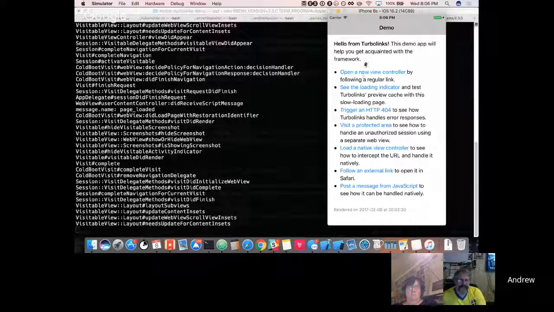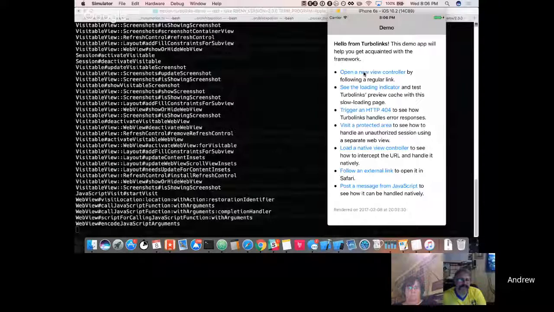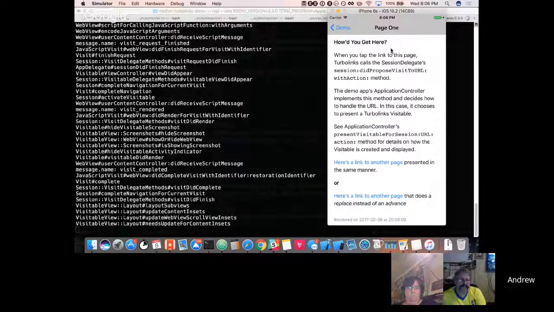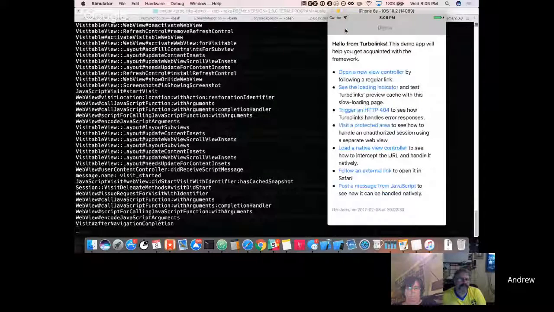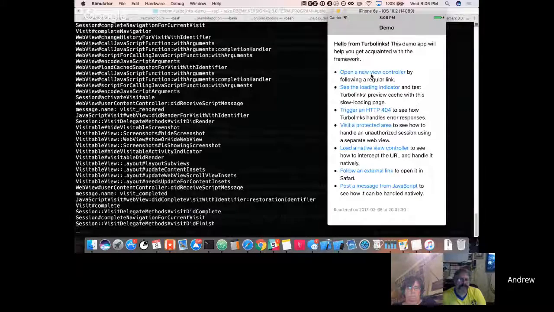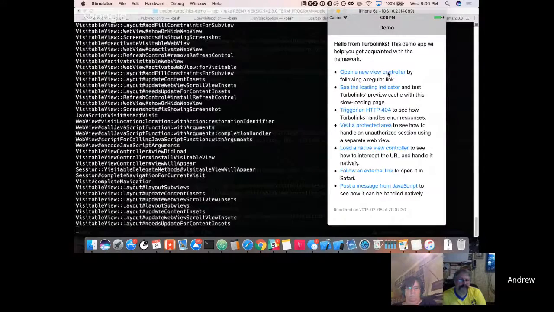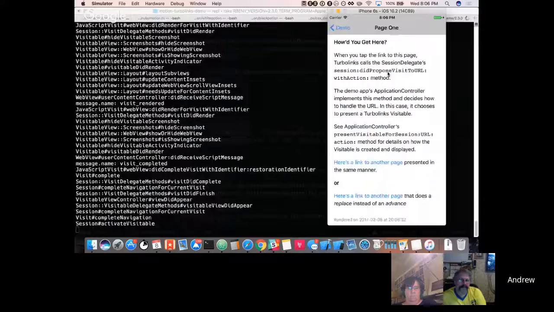And these are links within the web view. And if we click on one of these links, transition from this web view to the next web view. So it transitioned over and presented this other one, which made another request to another web page to present here. We can transition back and forth between these using native transitions. Slow here, so it's not giving the best effect, but